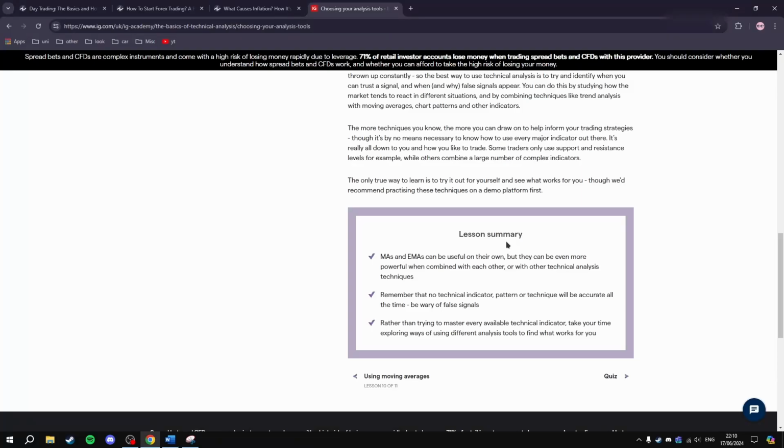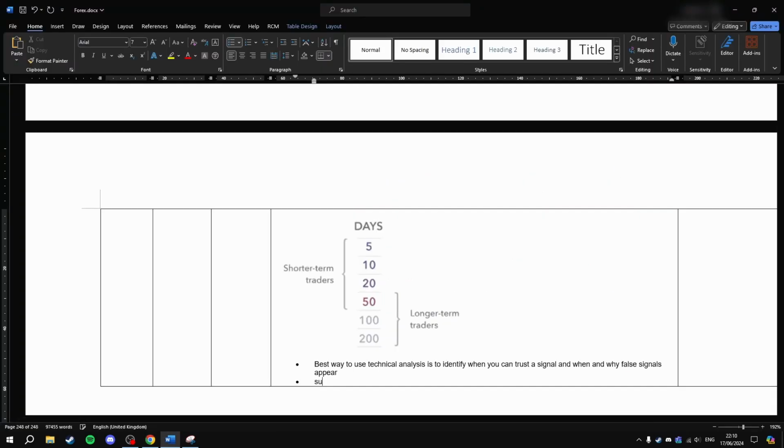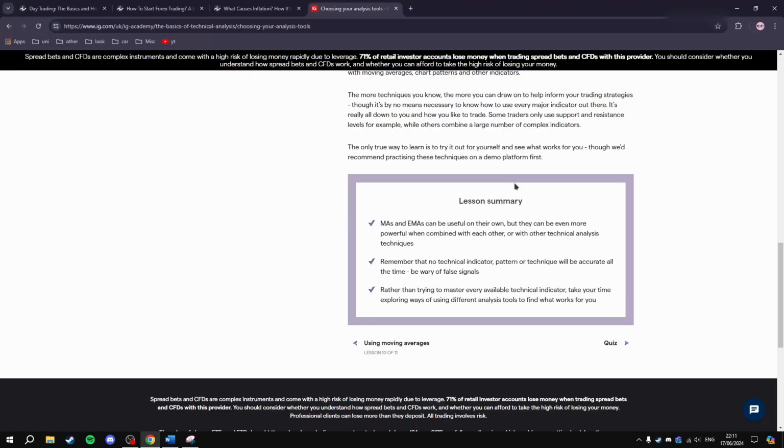You can do this by studying how the market tends to react in different situations and by combining techniques like trend analysis with moving averages, chart patterns, and other indicators. Study how the market tends to react in different situations. The more techniques you know, the more you can draw on to help inform your trading strategies,